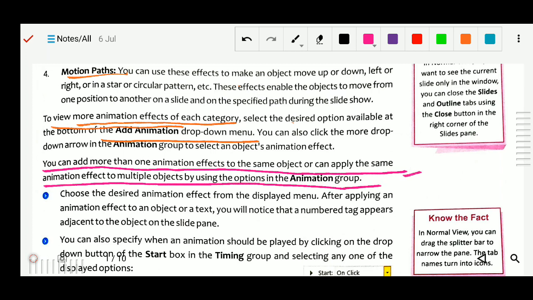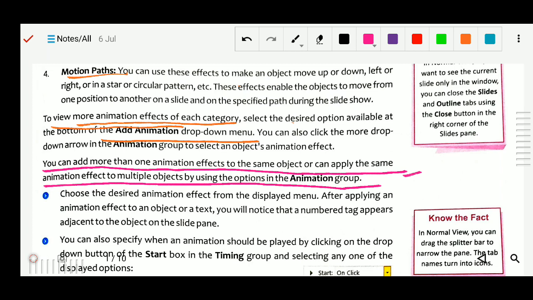We can apply many animation effects on the same object, or the same animation effect to many objects. This is very important, you must learn about this.